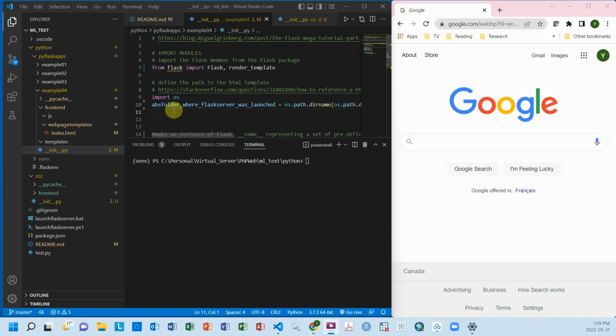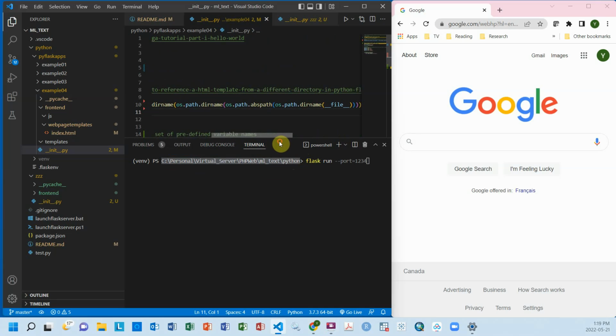as opposed to the relative folder, which starts from the current folder. So the first is that we're going to have this absolute folder, or the path, where the Flask server was started. So remember that when we start the server, we start from this Python folder. So actually that part represents this part. Okay, so this will be the way to, it's very complicated, but this will be the way to get that